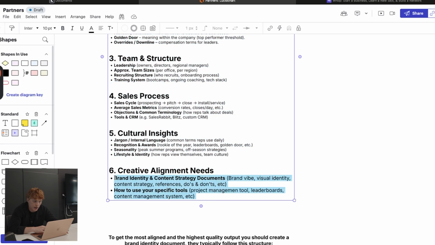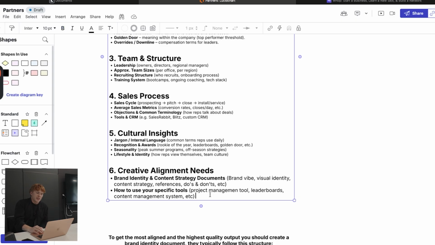So you'll want to create a brand identity doc. In the brand identity, you have your mood board, you have your logos, your fonts, your colors, the do's and the don't do's, things to avoid, etc. And then in the content strategy, you'll want to provide more of that information about the type of content you want to make, the different pillars they fall into, how to create each content. Even if you are experienced in making content, then you'll want to record looms on how to make a graphic, how to make a video, etc.